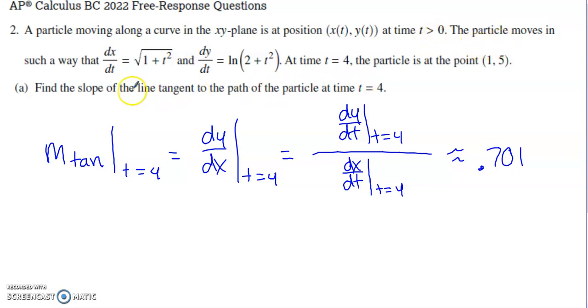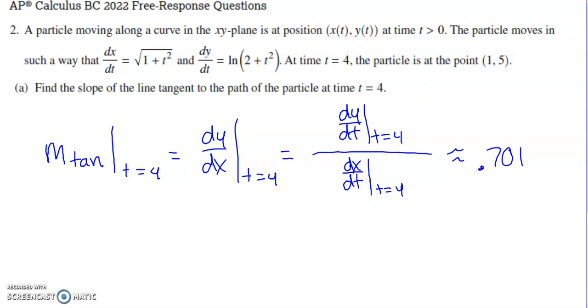The particle moves in a way such that the rate of change of its x-coordinate is given by this function, and the rate of change of its y-coordinate is given by this function. They tell us that at time 4, the particle is at the point (1, 5). So in part A, we're asked to find the slope of the line tangent to the path of the particle